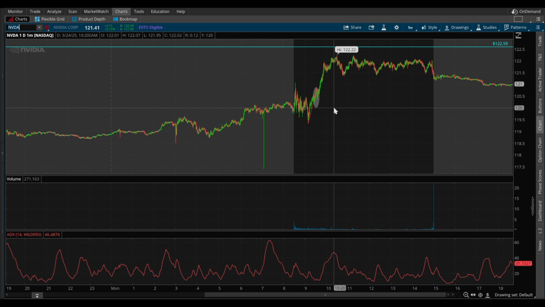So today's video will be a walkthrough on every single tab and feature and dropdown that you see here at the top here in Thinkorswim. So I'm going to take some time and break down each one of these, and then I'll go into some detail about each specific dropdown. You can see here I'm currently under the charts tab, but I'm going to go ahead and start here